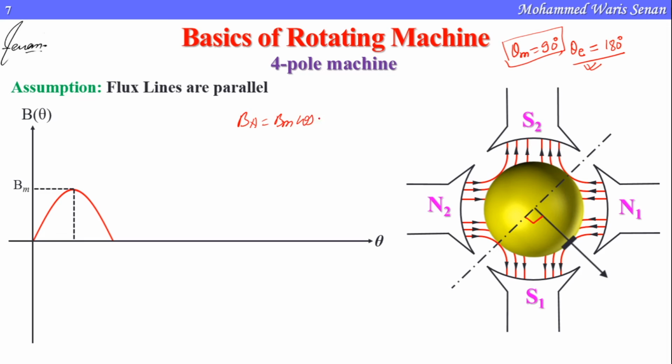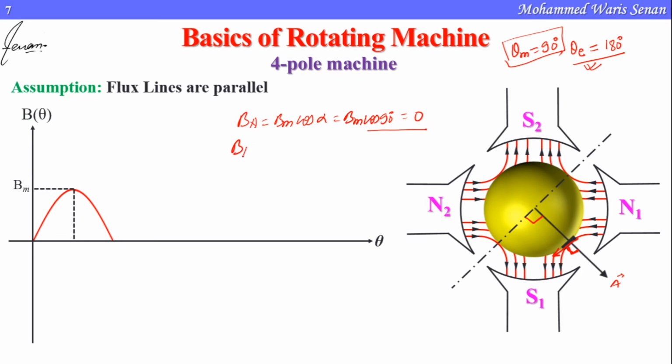Bm cos of alpha. So alpha is the angle between the magnetic field lines and the area vector. The area vector is this A, and you can see from here that the magnetic field lines are almost parallel to the area, so it is making an angle of 90 degrees with the area of cross section, the area vector. So Bm cos of 90 degrees will be 0. From here you can draw the graph from the maximum value to the 0 value. So this is coming out to be 0.